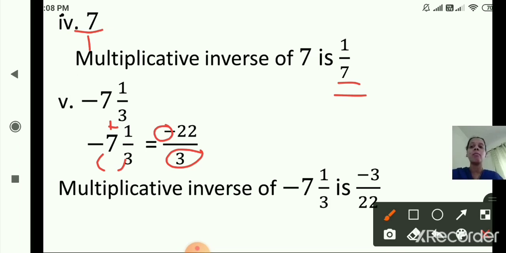Now we can write down the multiplicative inverse of minus 22 upon 3. So what is the multiplicative inverse of minus 22 upon 3? That is minus 3 upon 22. So what is the answer? The multiplicative inverse of minus 7 1 upon 3 is minus 3 upon 22. So if this type of question comes in the exam, first you have to convert the mixed fraction into a simple fraction, and only then can you write down the multiplicative inverse of that simple fraction. Okay,